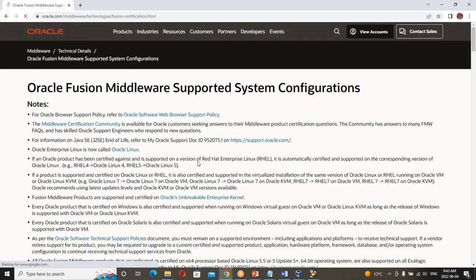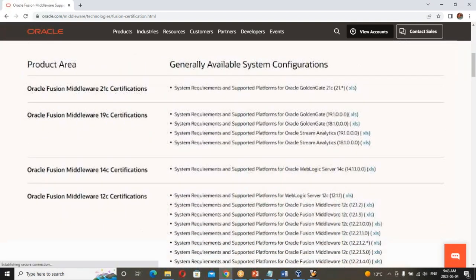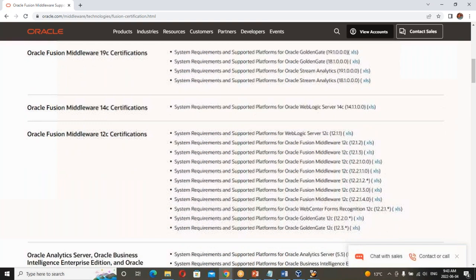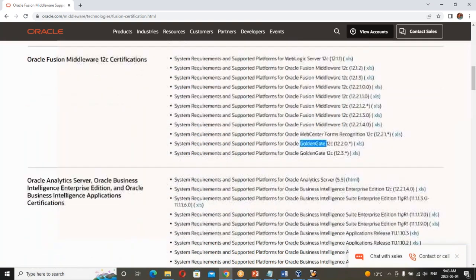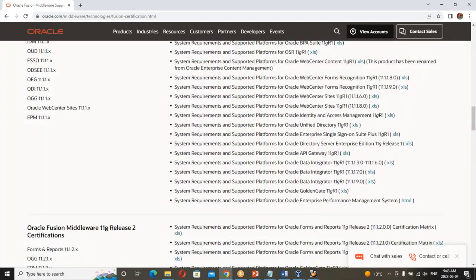Now here you will find all the GoldenGate version certification matrices. 19C, 21C is the latest version. GoldenGate 19C, 18C, 21C. In fact, when you go below, you will find 12C, 12.2, 12.3. In fact, 11G was also there, I saw. 11G R1 GoldenGate certification matrix. So you will find the certification matrix for your